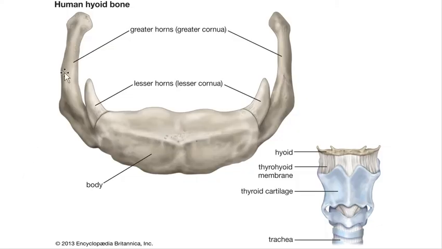So this is the hyoid bone. It is a very important bone. It has a body. Here you can see it has the greater cornu. Here it has the lesser cornu. The body connects to the greater cornu, and at this connection rises the lesser cornu. These are horn-like structures. These are called cornua as well as